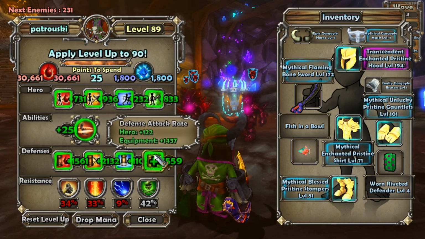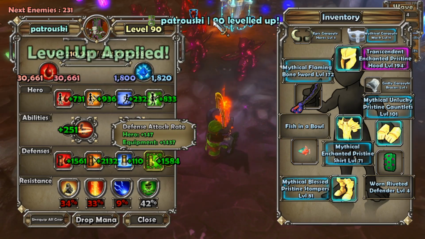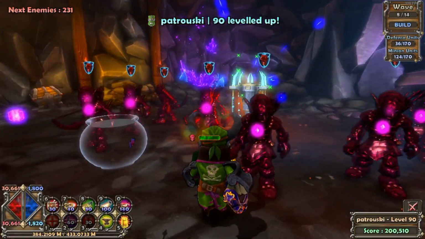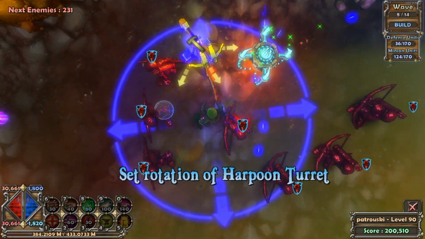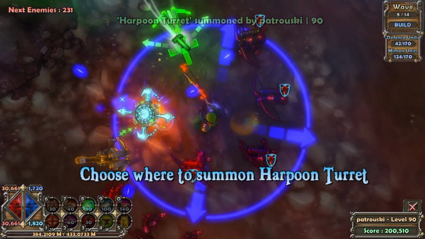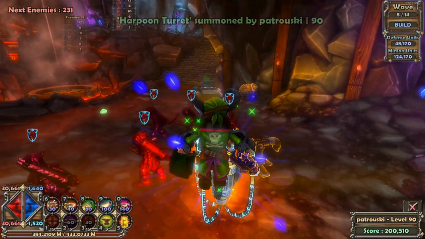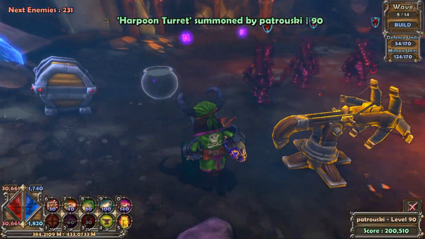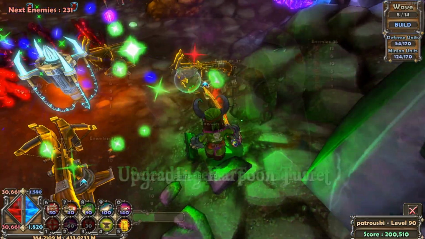I'm going to pump it all into, I think, attack rate. Especially now that we have that buff for the harpoon that it's going to allow it to pierce walls and such and floors a lot more significantly. Honestly, the attack rate becomes a lot better because things can't get stuck as much. I have so much mana. This is ridiculous. I'm going to have to start just putting upgrades into stuff, but what I also really need